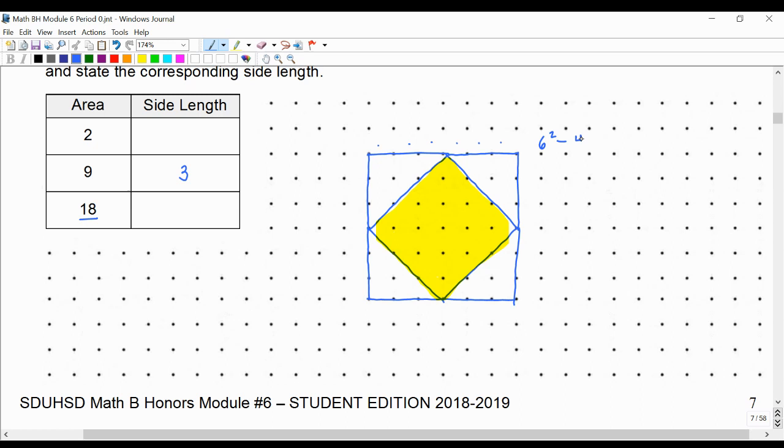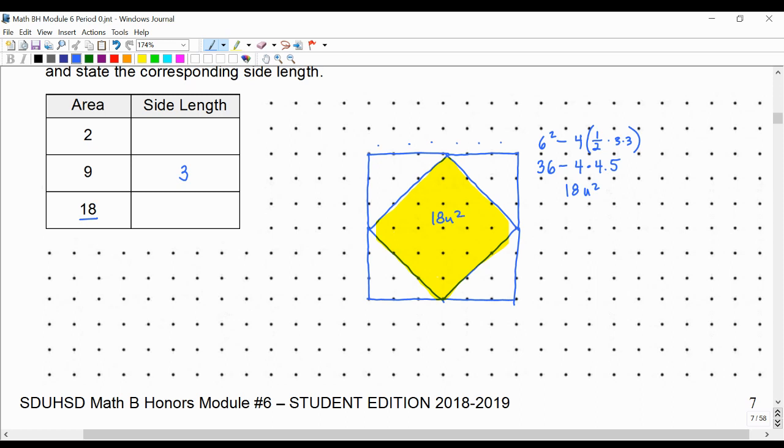We have 4 times 1/2, and the sides are 3 and 3. So we have 36 minus 4 times 4.5, which leaves us 18 square units for the inner square,